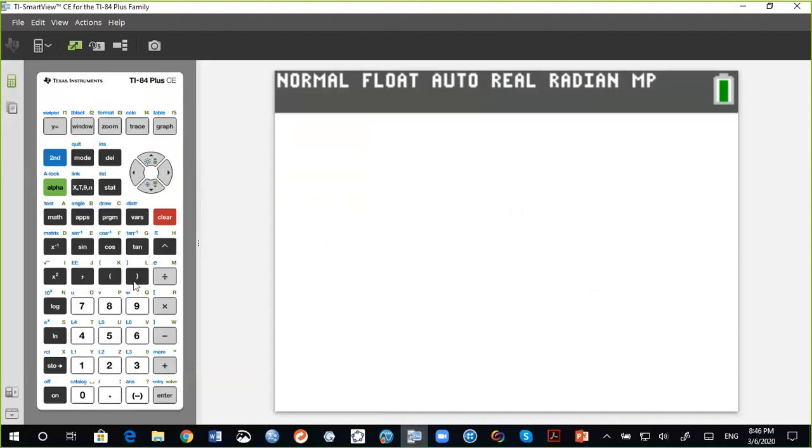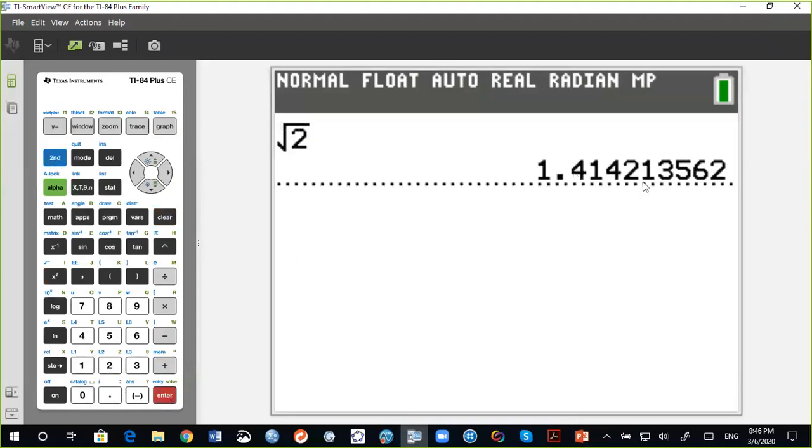Now, in this particular exploration, we would like to know how many iterations it takes to get a particular precision of the square root of 2. So let's first take a look at the square root of 2 itself. This is the value that we would get. Let's see how long it's going to take and where we need to start to get as close to this value as possible.